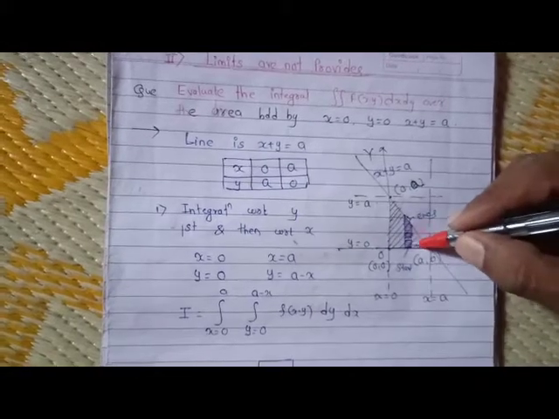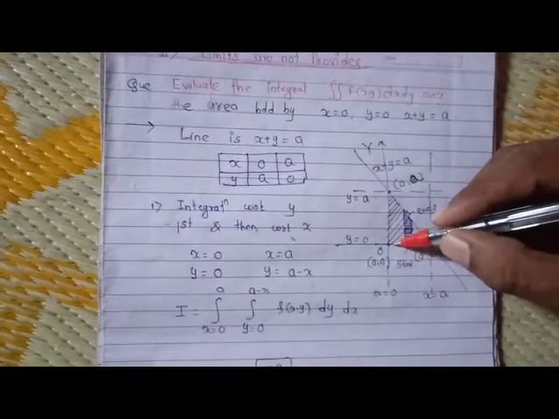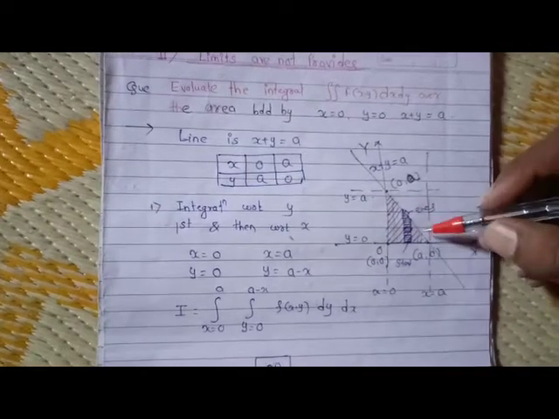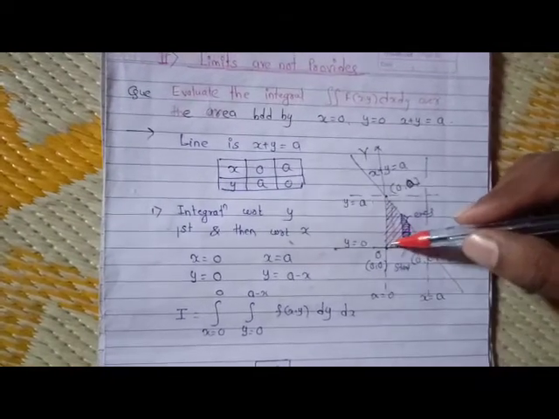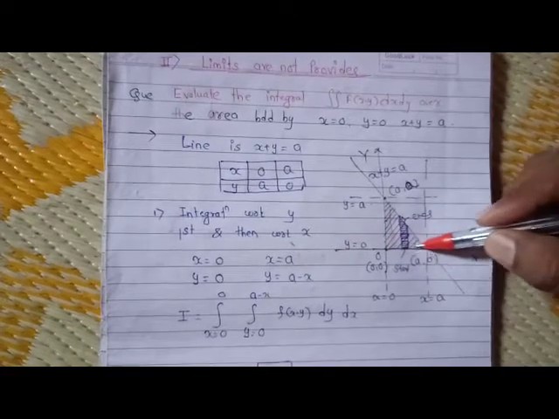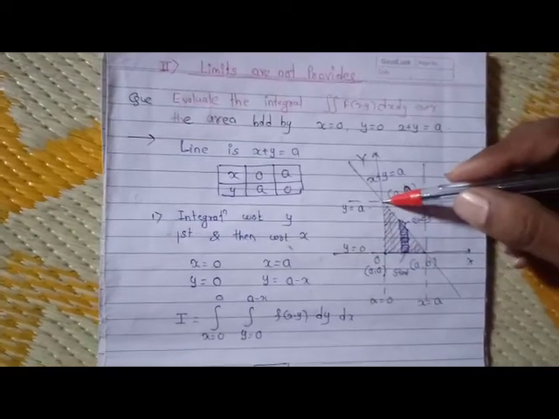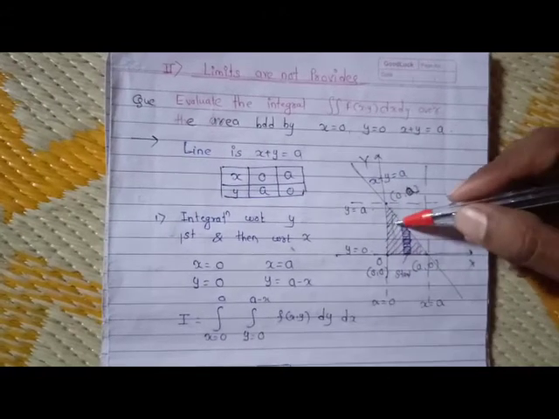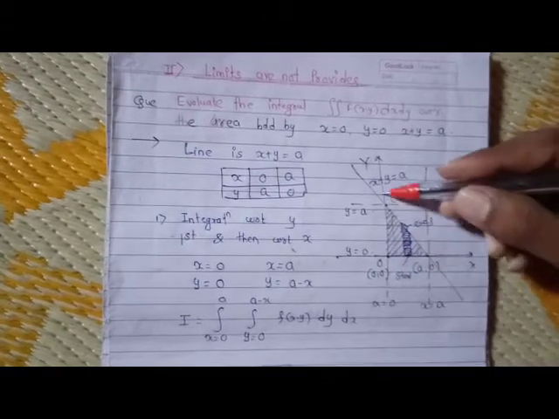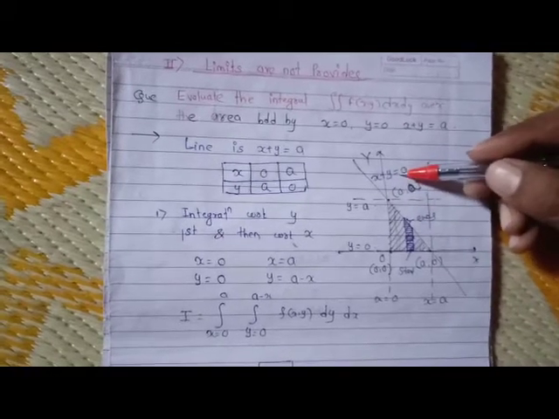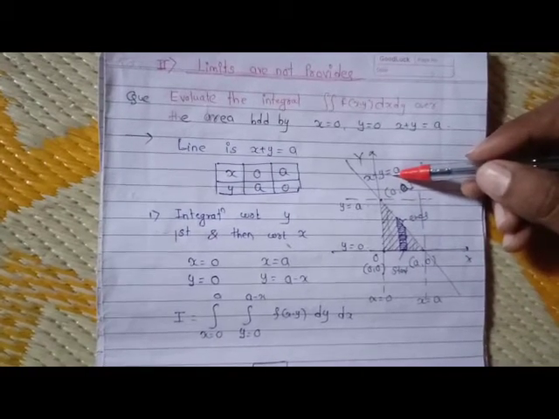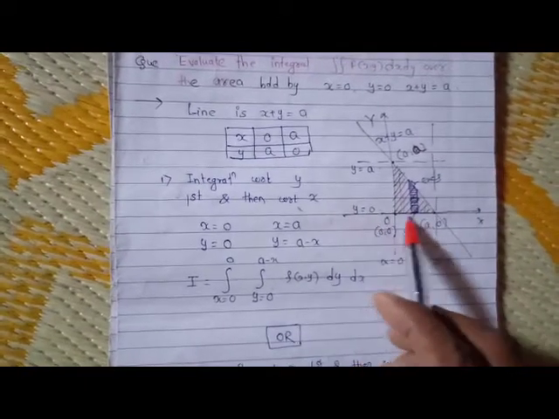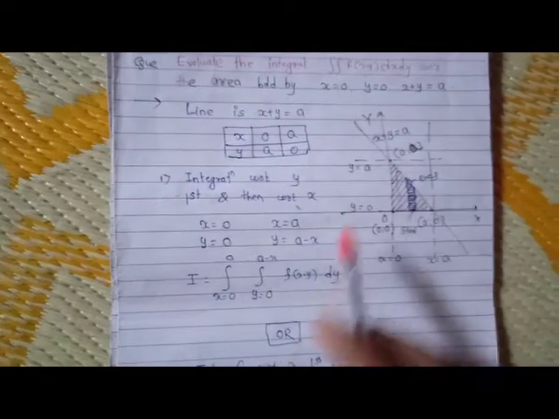So this is the strip. We can consider a strip anywhere. For example, I can consider a strip here also, but you might have understood: the lower point for all these strips will be the same, and that will be y equal to 0, and the upper end, where the strip ends, is along the same line for all strips, x plus y equal to a. So what is the value of y from this equation? y equal to a minus x. So the lower limit is y equal to 0, whereas the upper limit is obtained from this line, and that is a minus x.